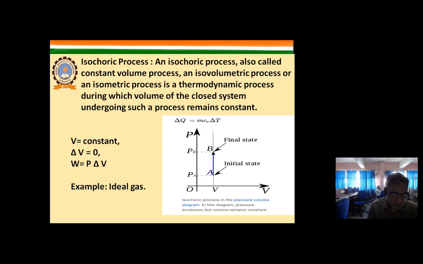In an ideal gas, every increase in energy is proportional to the increase in temperature and pressure. In a rigid container, the temperature and pressure of gas will increase, but volume will remain constant. That's why sometimes an explosion can occur in this process because volume is constant. When we increase temperature and pressure, an explosion can occur.